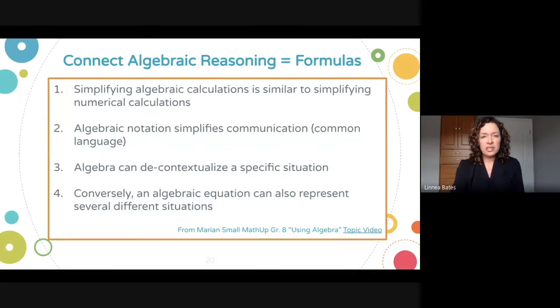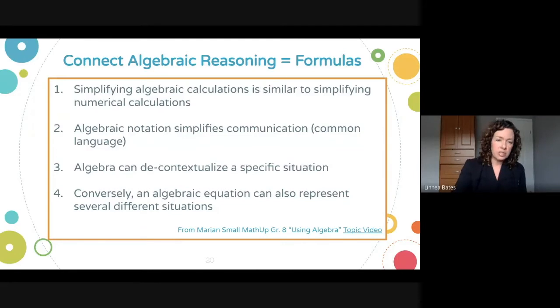The lovely Marion Small, in one of her topic videos in algebra, makes it very clear the connection, and we want to make the connection clear for students too, that their measurement formulas are actually just using algebraic reasoning. So she wants to connect for students the 4 principles that are there. So the first one, that solving algebraic calculations or formulas in this case is just exactly the same thing as simplifying numerical calculations. Number 2, that algebraic notation just simplifies communication for everybody, that everybody's using that common language, so